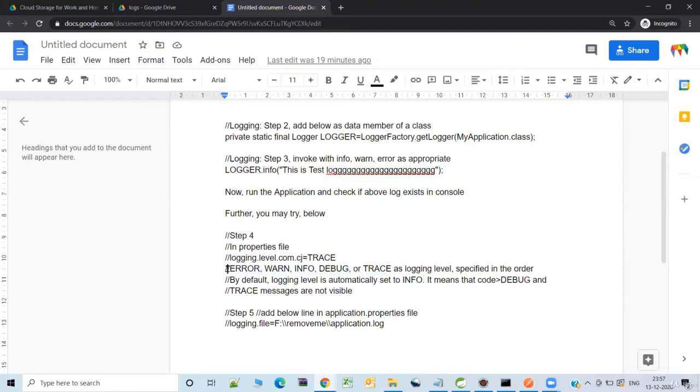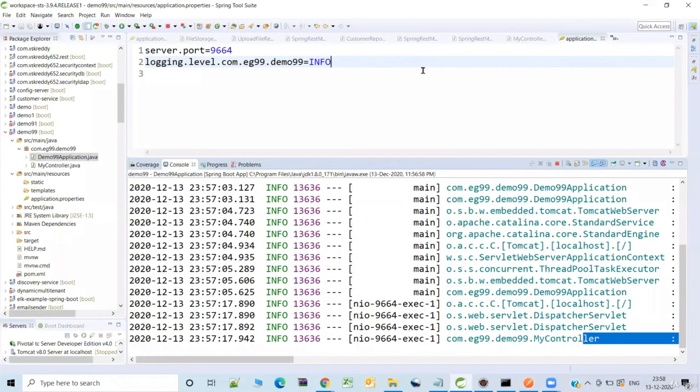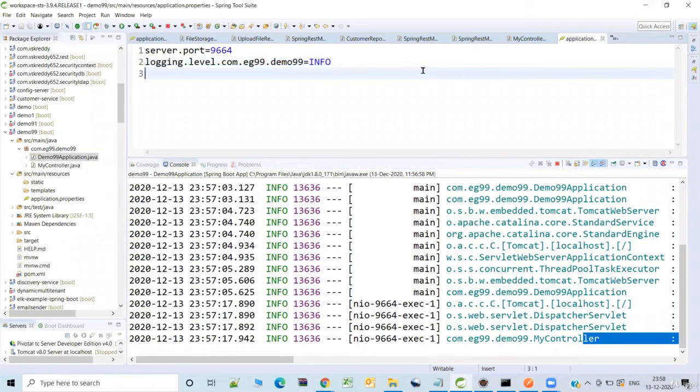So the next important thing is you can get the logs printed to a specific file instead of the console. Let us try to achieve that. So I want to print it to some folder named remove me, and I want to have it in some application 9.log.